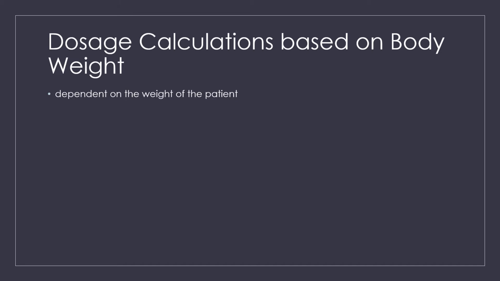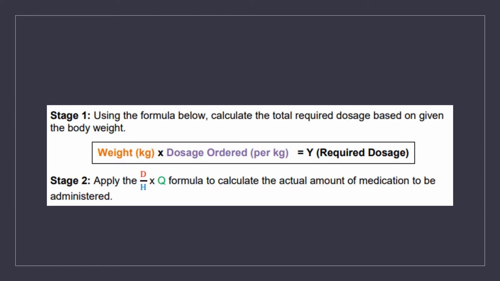So dosage calculations based on body weight are required when the dosage ordered and administered is dependent on the weight. For example, many pediatric drugs are ordered and given per weight, usually in kilograms. So, for stage 1, using the formula below, we calculate the total required dosage based on a given body weight. So weight in kilogram times the dosage ordered per kilogram. Then we apply the desired divided by the on hand times the quantity formula to calculate the amount of medication